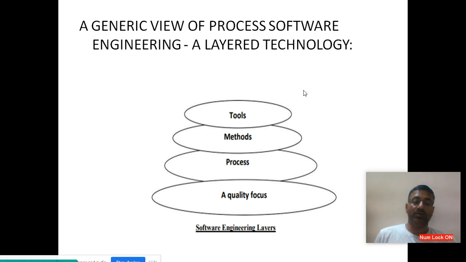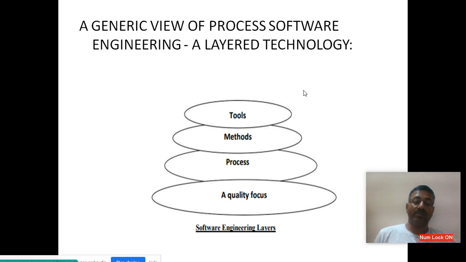Every layer provides an important concept, and every layer should be synchronized and connected with the others. Before starting software development, these engineering layers should be focused in a very important way. Tools, in the sense, are the resources and everything required for software development. Methods are the methods and procedures we are going to follow for software development.